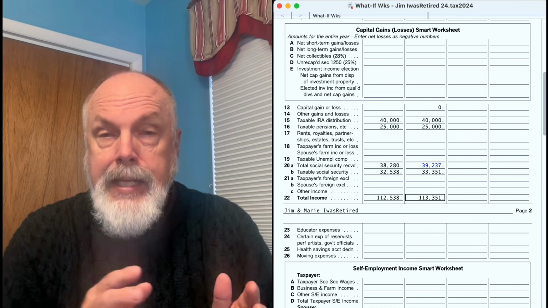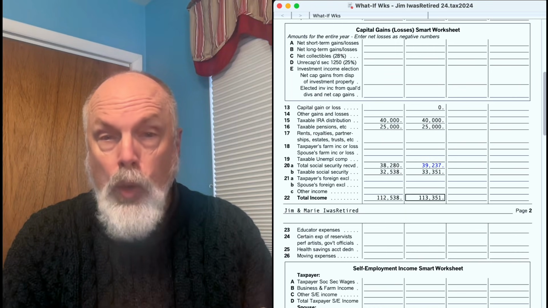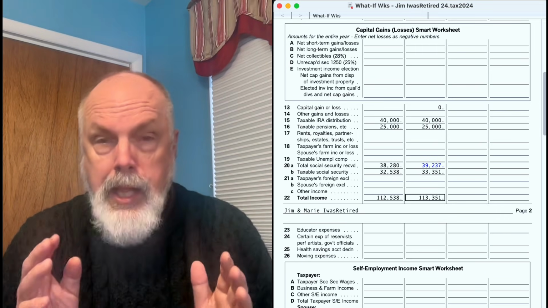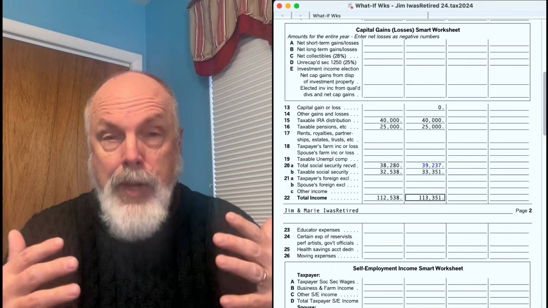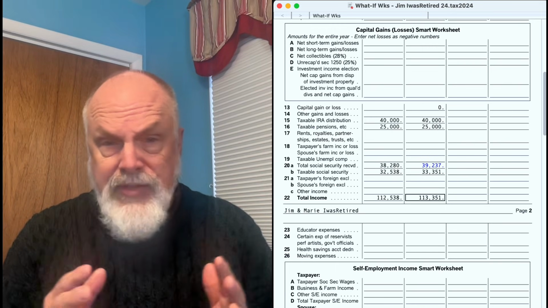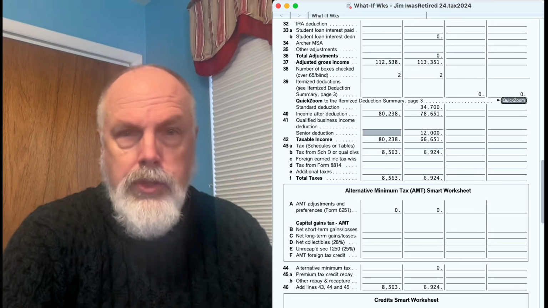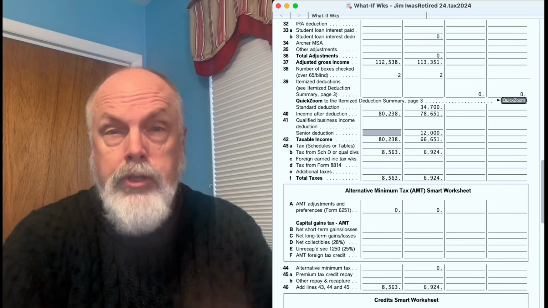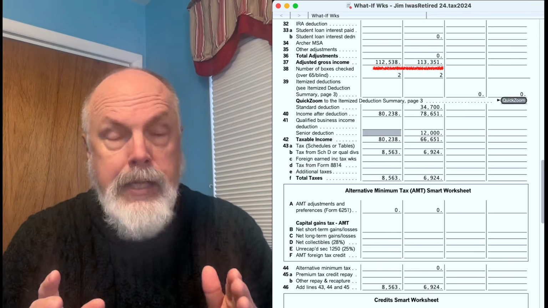And again, that's this year's COLA, not the 2.8% COLA that I talked about in last week's video. So if you look in column 2, you begin with the same IRA withdrawal, the same pension, and slightly higher Social Security values. If no other changes are made in 2025, their adjusted gross income will go from $112,538